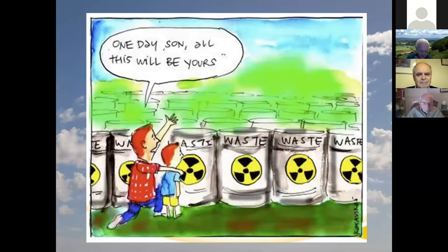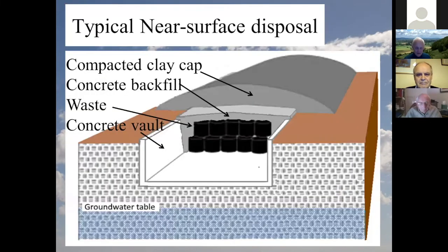Okay. So I like this cartoon, overlooking the slightly nerdy point that the radiation trefoil is upside down. We'll overlook that. The joke plays on this issue of intergenerational equity and tells us why long-term storage is not and never can be the answer. Like a good cook, your nuclear engineer has to clear up as he goes. So before we start talking about